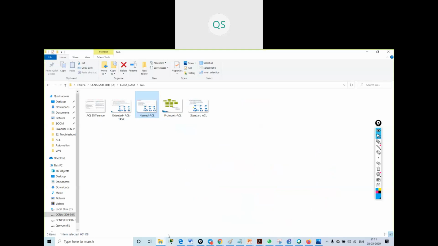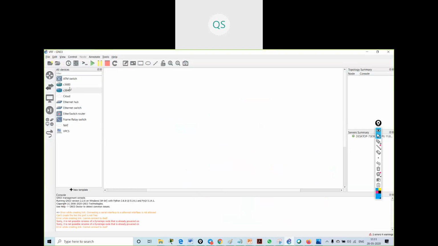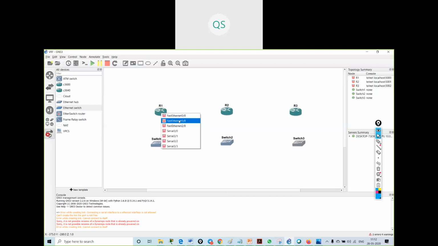What I will do, I'll take some routers over here, switch, switch, switch. Then I will connect this switch.